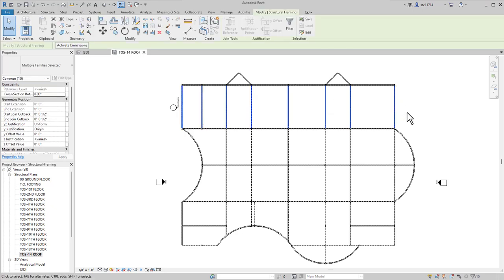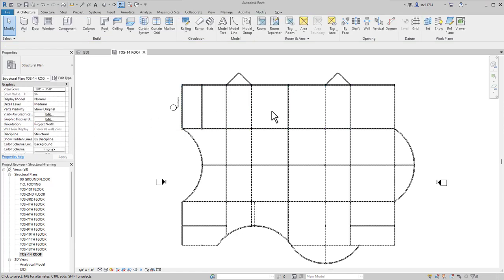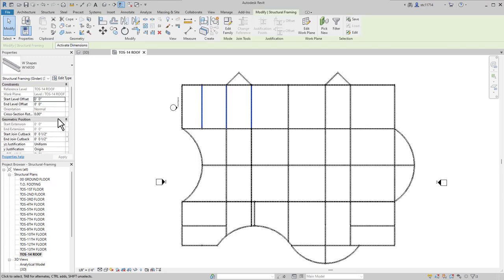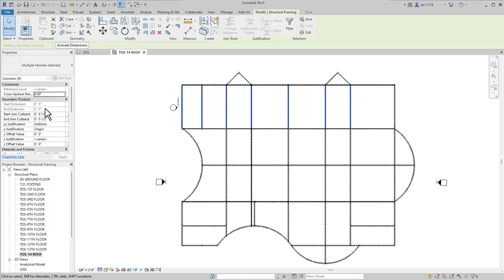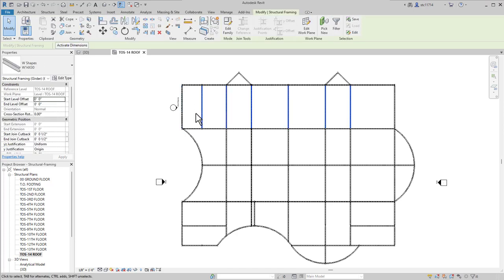running north-south. Now you'll actually see in the textbook, you don't actually need to select this one over here because we are not going to be adding the beam system in this bay. But one thing I want you to watch for is my properties over here. Revit seems to do something a little bit weird in this area. What I'm looking for when I select these beams is the start level offset and the end level offset. Sometimes when I select multiple ones, it doesn't give me all of those values, and it seems to be a little haphazard on how that works. So it looks like if I select all but the last one, it gives it to me.